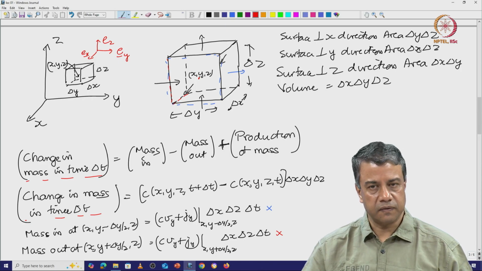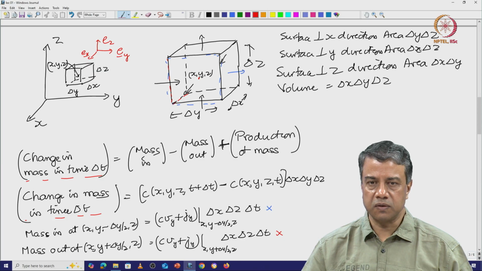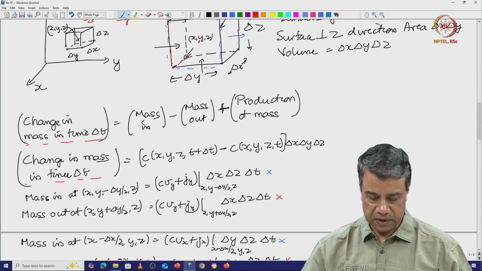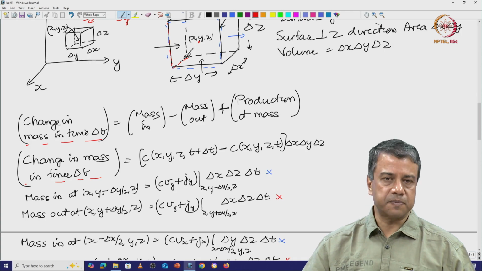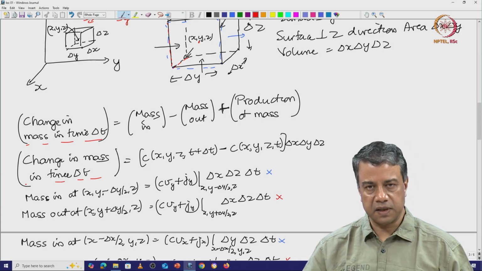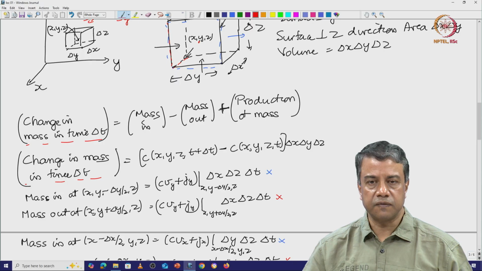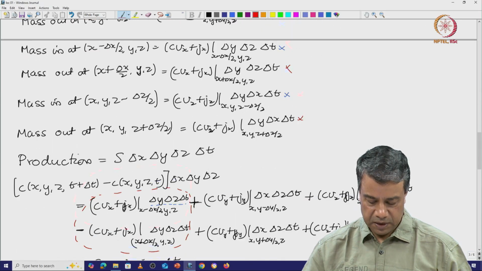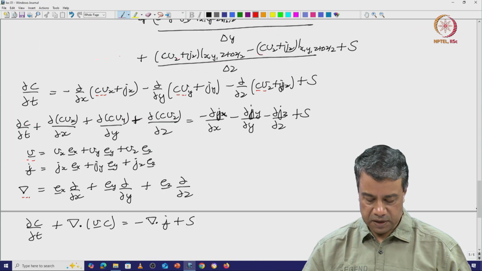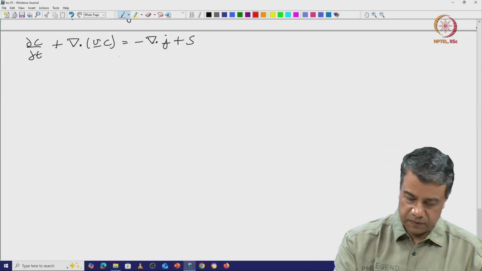Flux of 2 types, one is due to the fluid flow due to the velocity field and the other is due to the diffusion flux. So, we had written an expression for the change in mass in time delta t and divided throughout by volume, divided throughout by time to get a differential equation. And if you recall, that differential equation that we had got was of the form